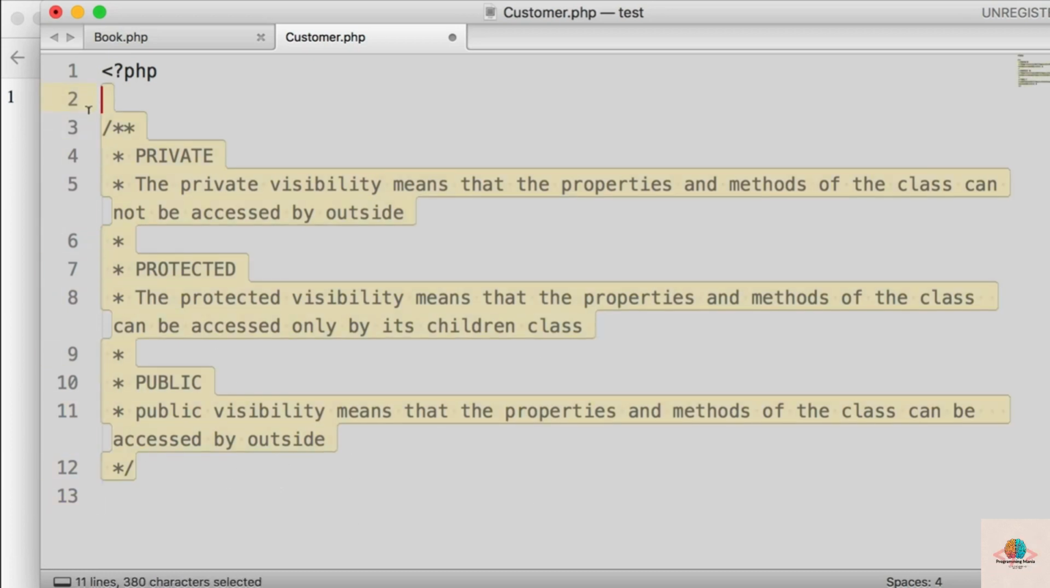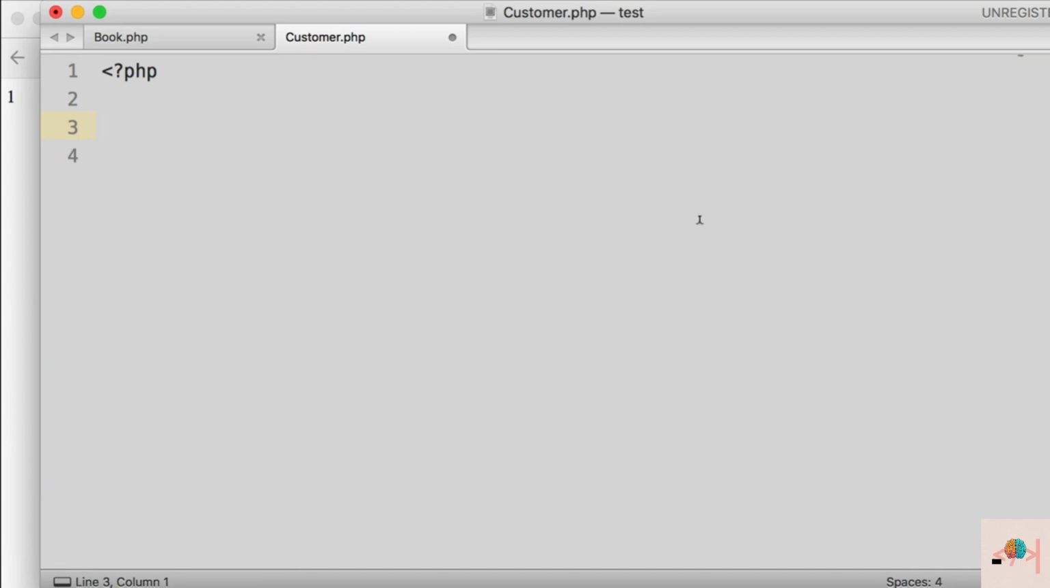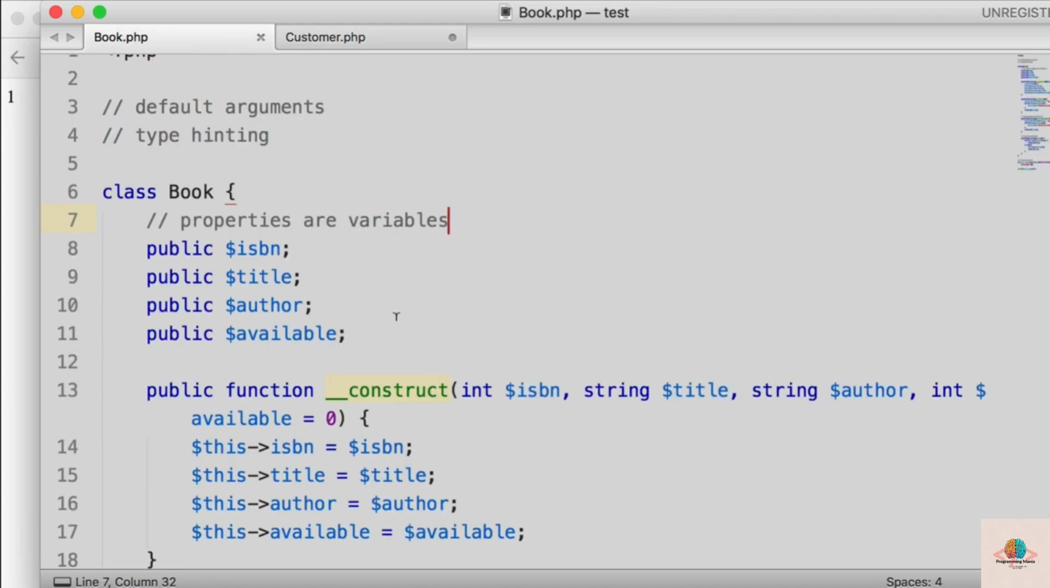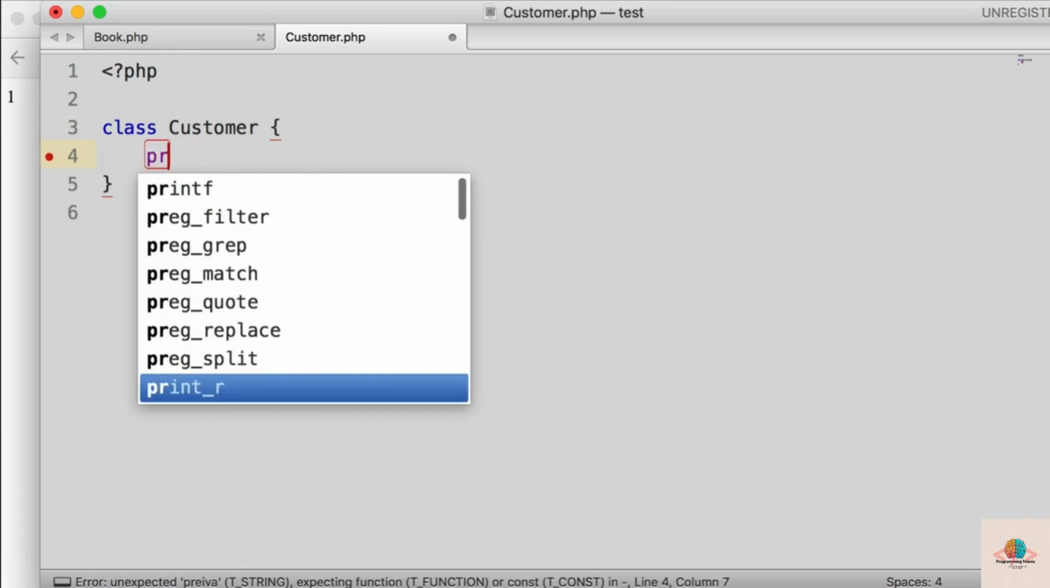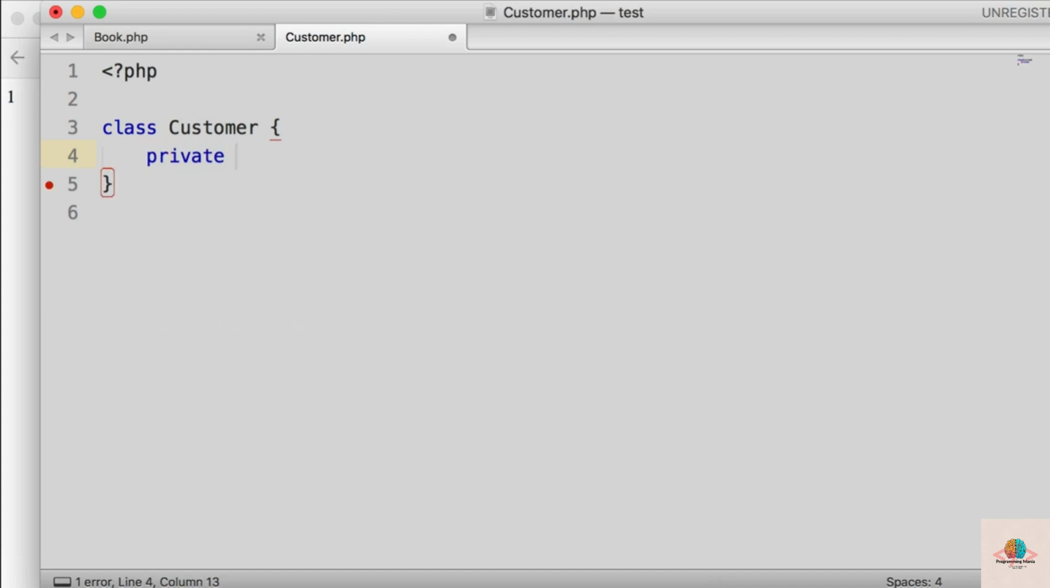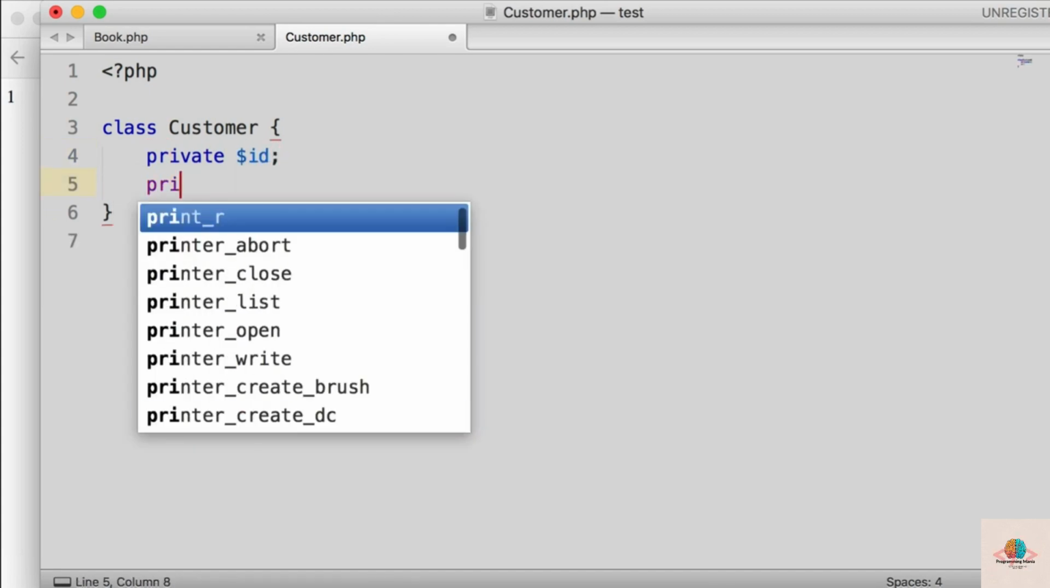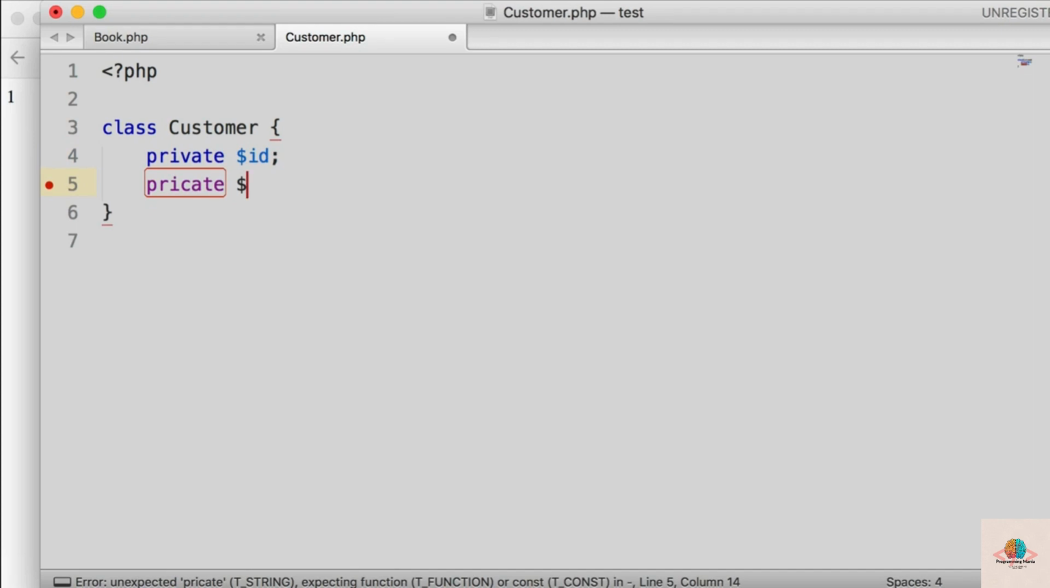So let me comment this, take this away. And what I'm going to do is create a customer class. Begin with the class keyword, customer. Within these curly braces we define the properties and methods. This time, before we had all these public properties, now we're going to try private. Because customer details such as ID and name, probably it makes more sense to make them private than public, right? So private ID,